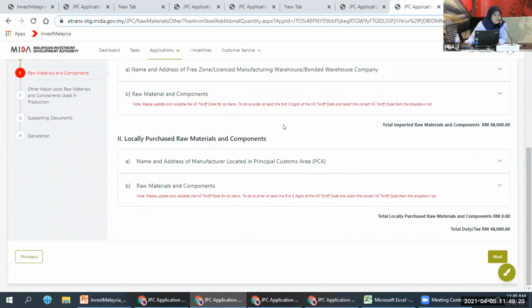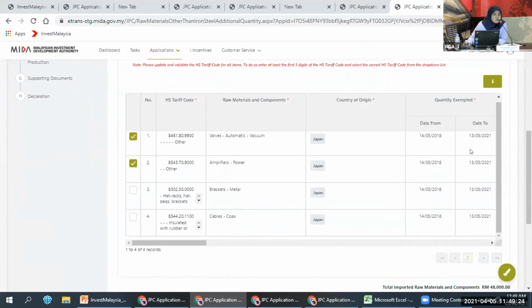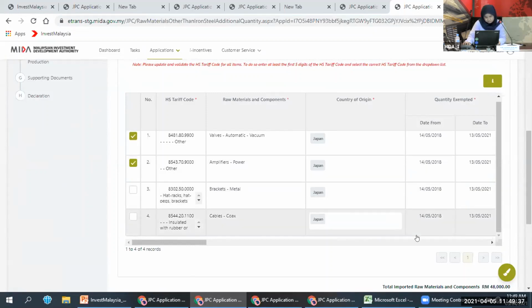Okay, the only difference on the additional quantity application compared to the new and extension applications is this. Let's say based on your approved exemption, you have 6 items, and in this example, 4 items are approved. For the additional quantity application, you only have to select which items are applicable to your additional quantity application.